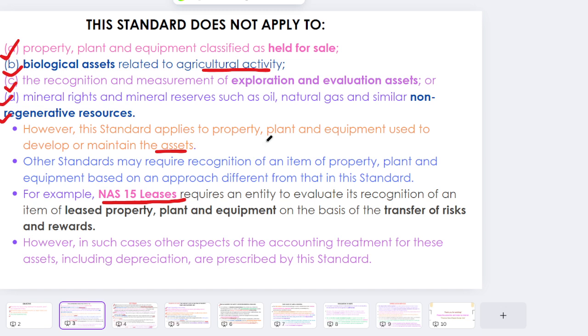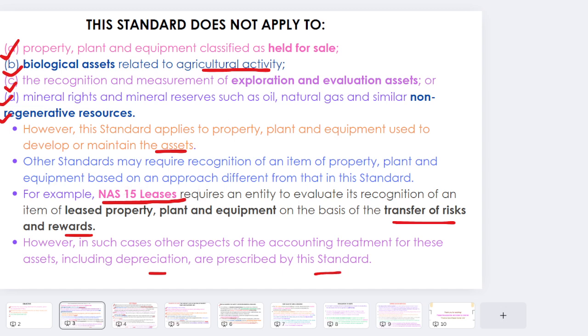However this standard could be used specifically for property plant and equipment. र अर्को भनेको sometime what may be the case, in factory you might lease the property plant and equipment, then in that case the NAS 15 which talks about the lease of property plant and equipment on the basis of transfer of the risks and rewards भन्छौं. However in case of other aspects of accounting treatment for those assets including depreciations